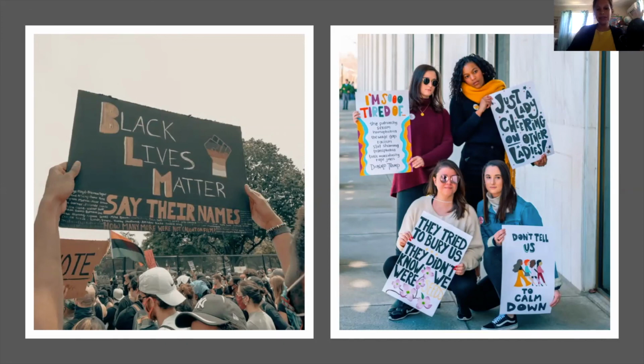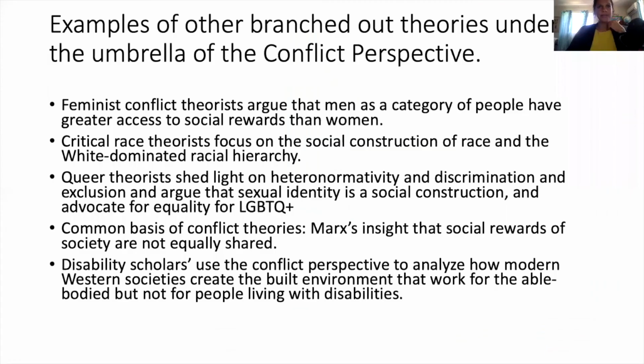Here are a couple of pictures you can see. Black Lives Matter happening now is one movement inspired by conflict theory, but also feminism. Let me just give you a couple of examples of other theories that branched out of the umbrella of conflict theory. We have feminist theories, we have critical race theories, queer theories,